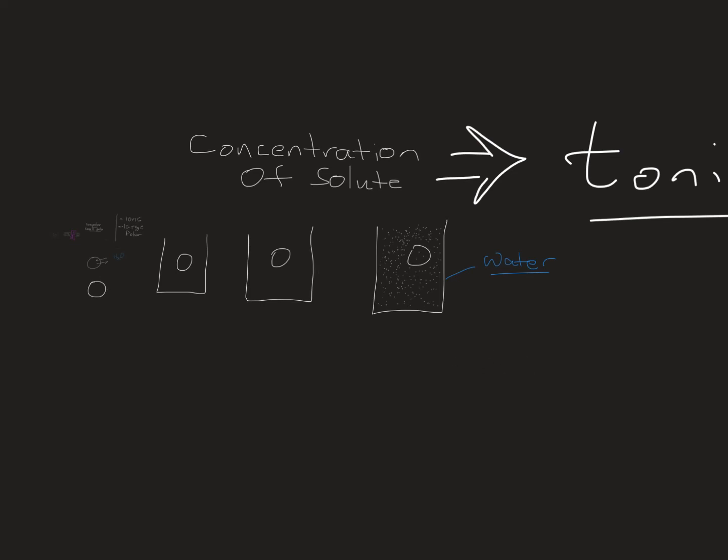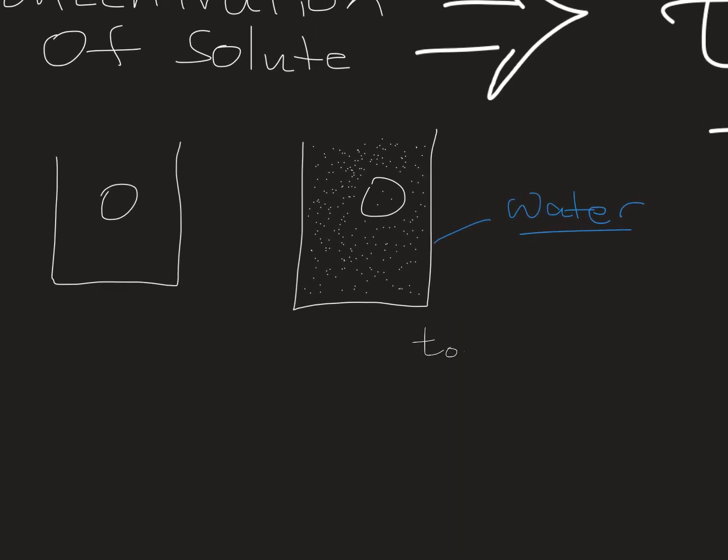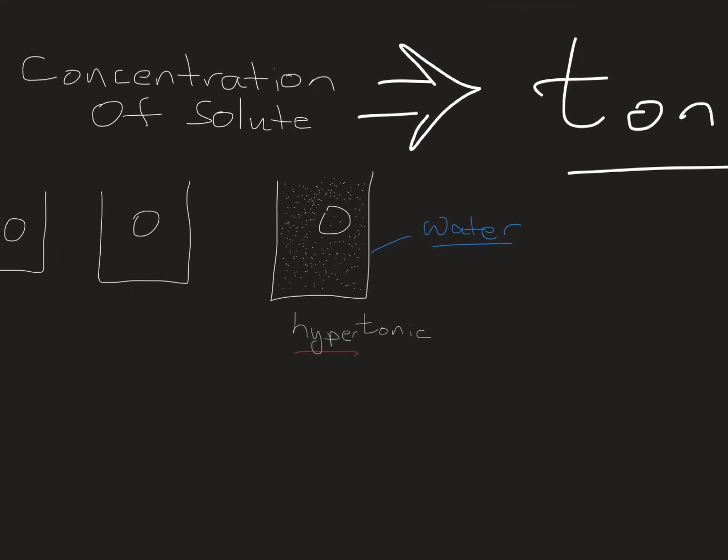Relative. If I ask you, what is the concentration of this solution? It's some kind of tonic. What would it be? Does anybody know? Just before I say it. Yeah. Hyper is correct. This is hyper, because hyper means high. When somebody's hyperactive, they're highly active. When somebody's hypoactive, they're not active. So hyper means high. So high solute. High solute.